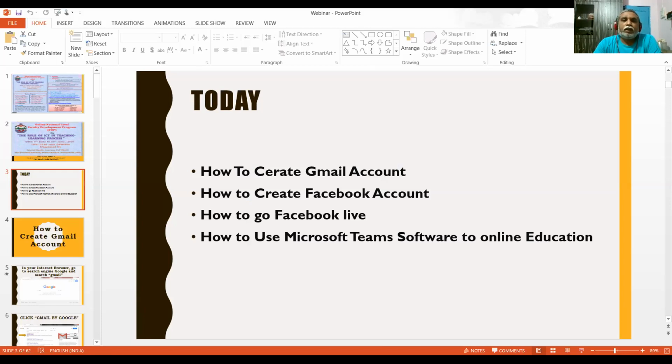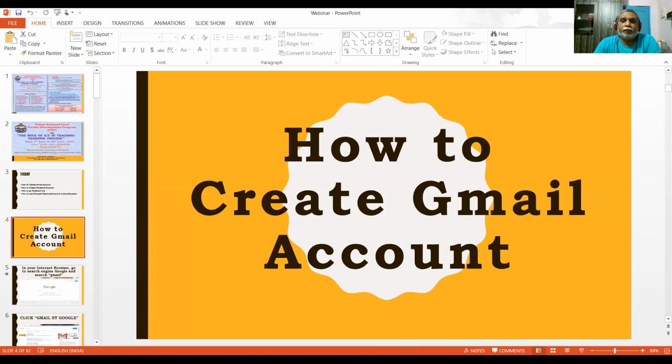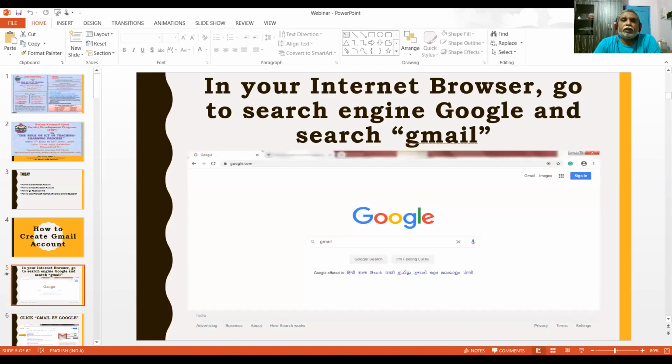But before I start my lecture, just an overview of how to create a Gmail account, meaning an email account. First, open your browser with a search engine, just like Google.